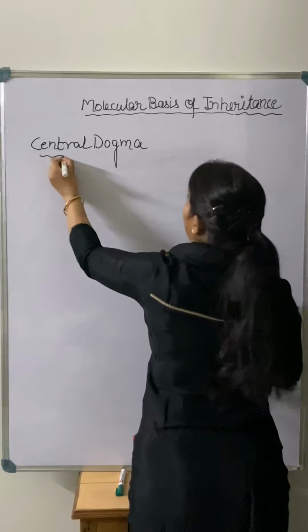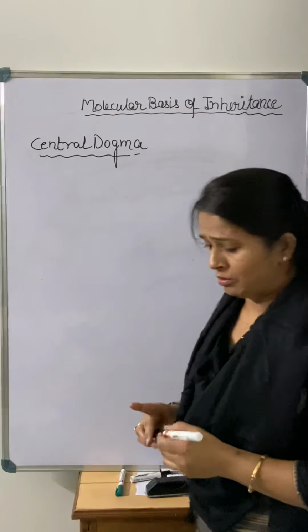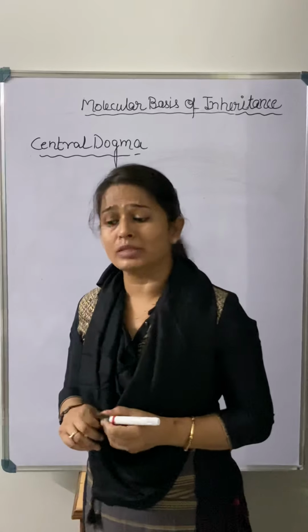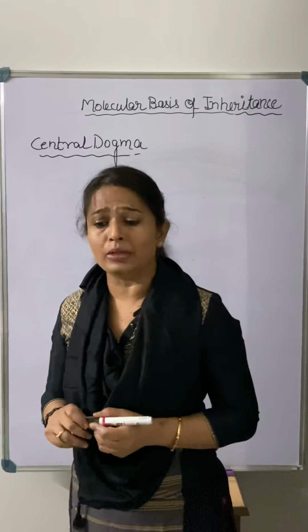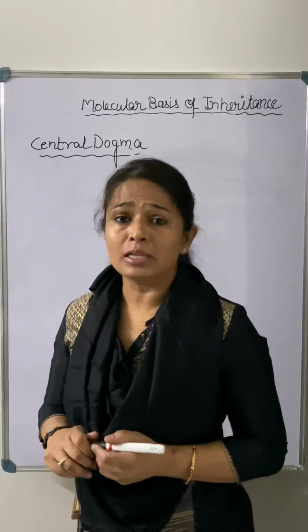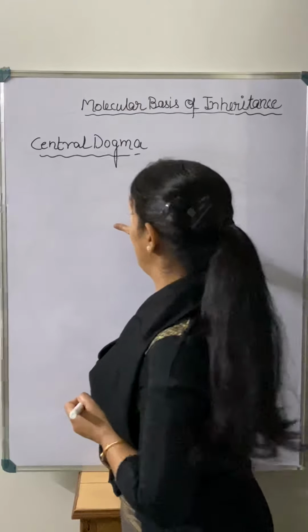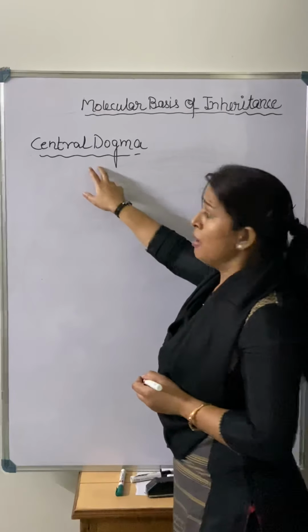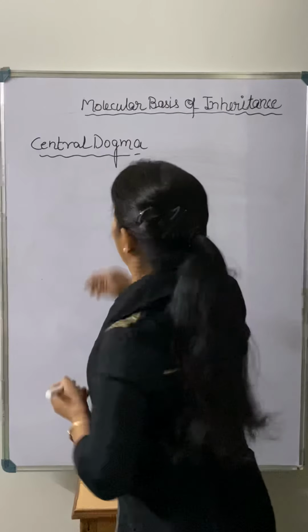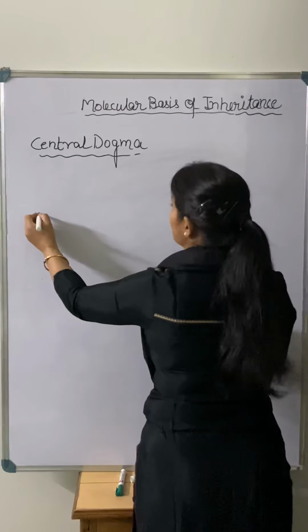Very important topic, central dogma. The DNA double helix model was given by, I think I have told you, Watson and Crick. Along with that, Crick proposed a very important process in the cell, the central dogma. What is the meaning of central dogma? If I say it in a very simple way, this is the